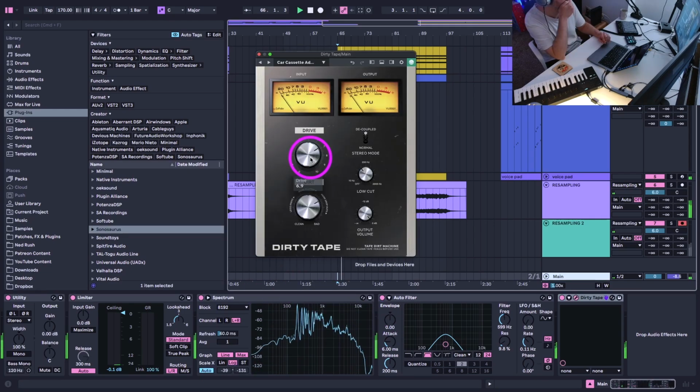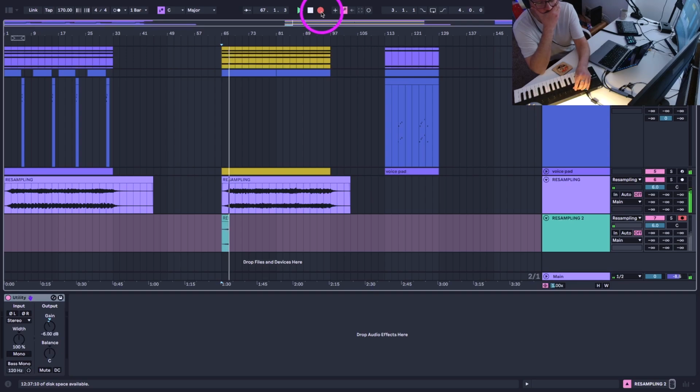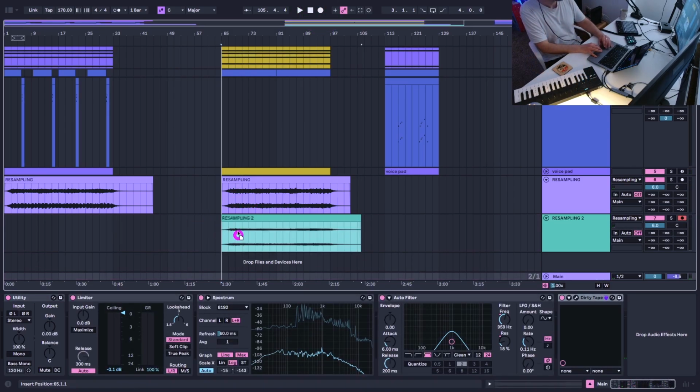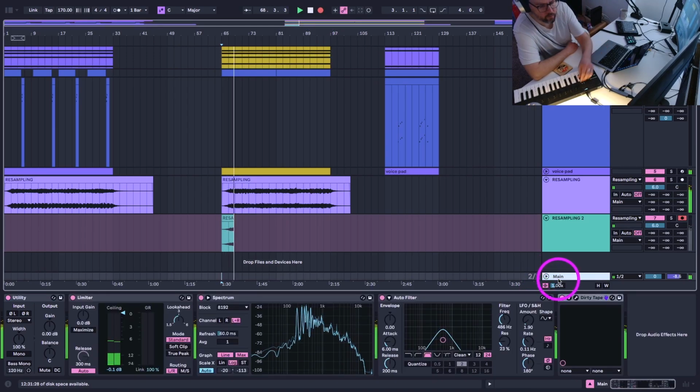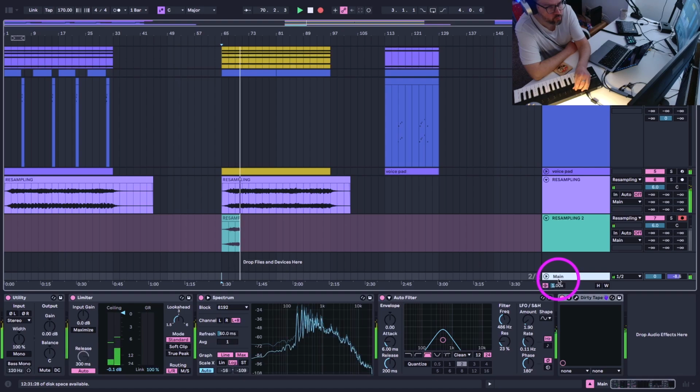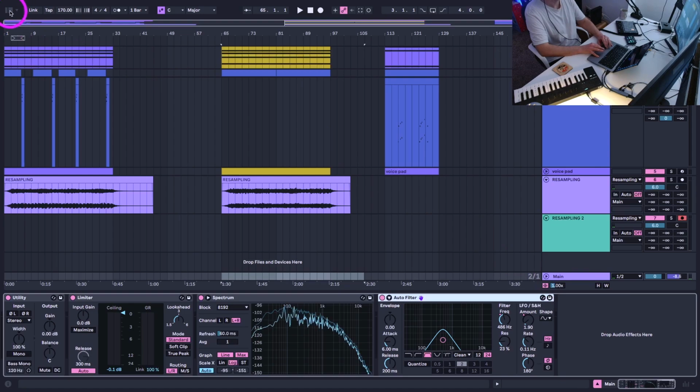That was lovely. So I'm going to resample that again and do some filters automation. Lovely. Might just do another one of those. Alright, one more and then we'll change the dirty tape out for...